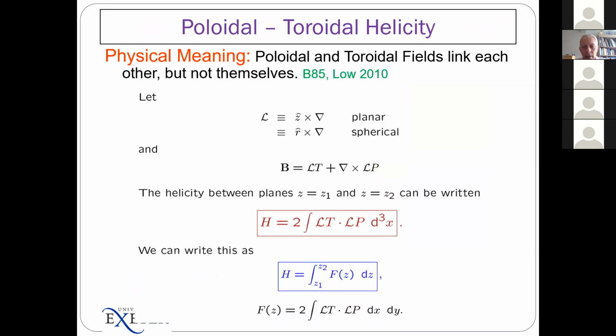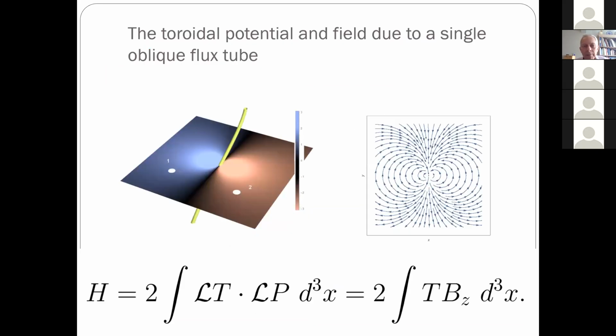So again, this is a slide from before, the helicity integral LT.LP, where T is the toroidal scalar field and P is the poloidal scalar field. The toroidal potential and field due to a single oblique flux tube. Well,